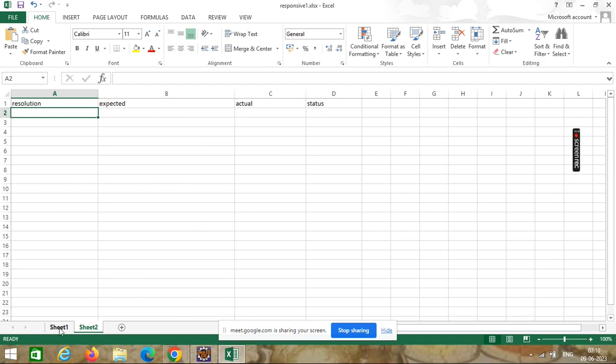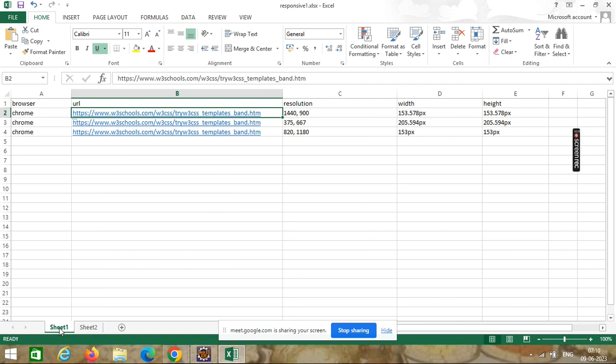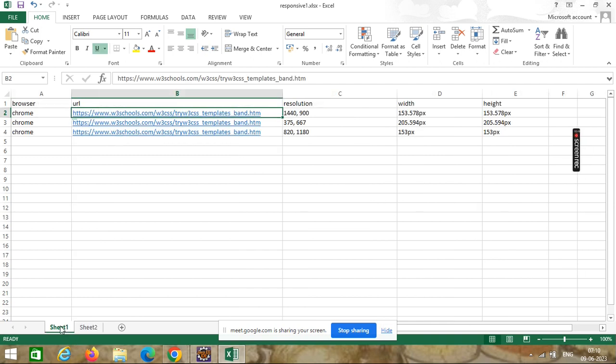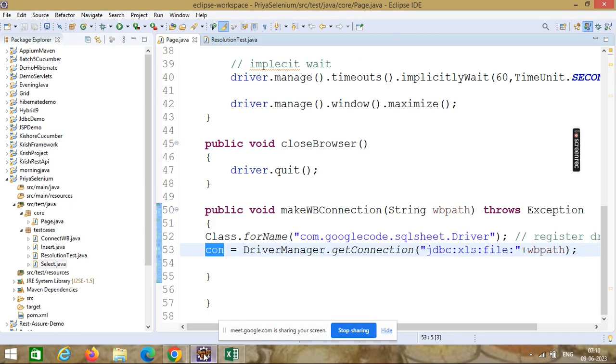So I want to read the data from sheet number 1, check the record, insert the record in sheet number 2 to verify whether it is right or wrong. This is our task. So now let's start with our program.